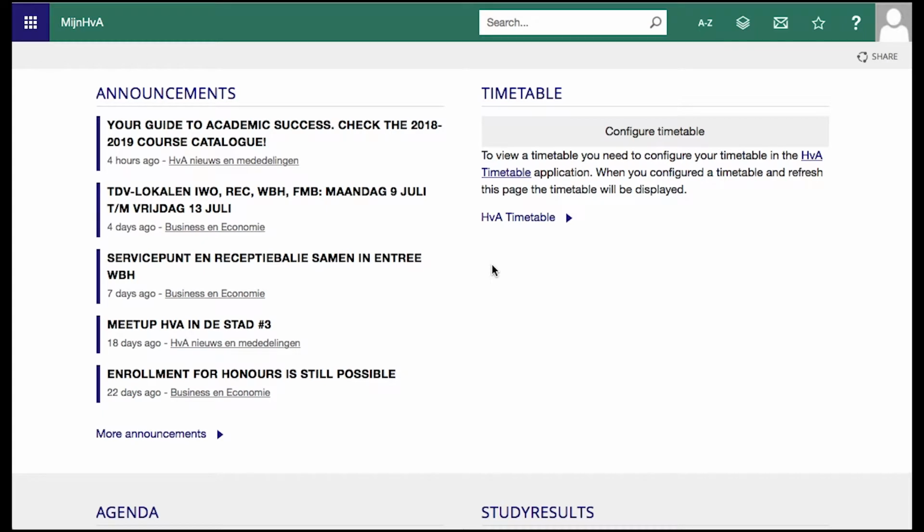Hello everyone. Today we'll be learning about how to use the A to Z list. If you wish to find any information, you can always use the A to Z list. On the A to Z list, you can find information such as digital service point, scholarships, housing, minors, thesis, and